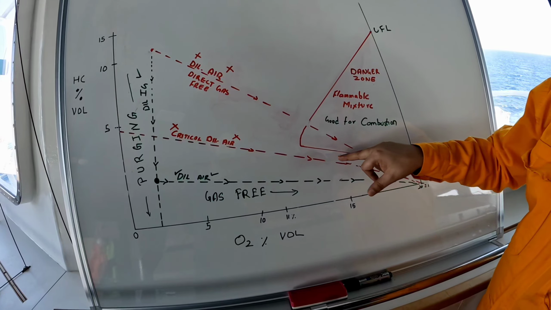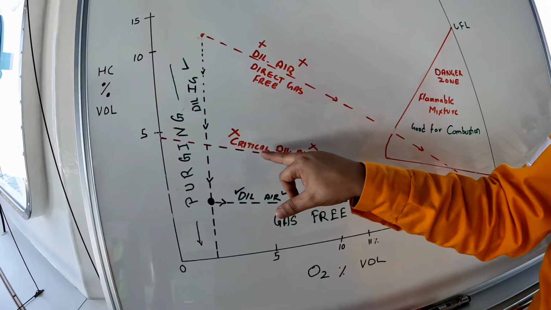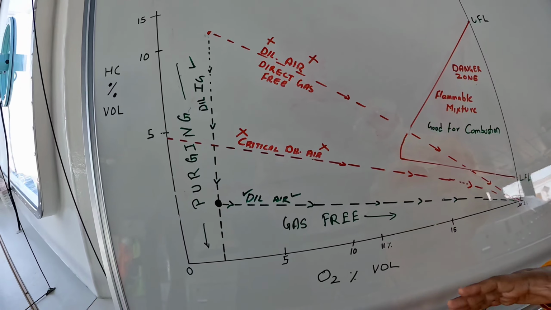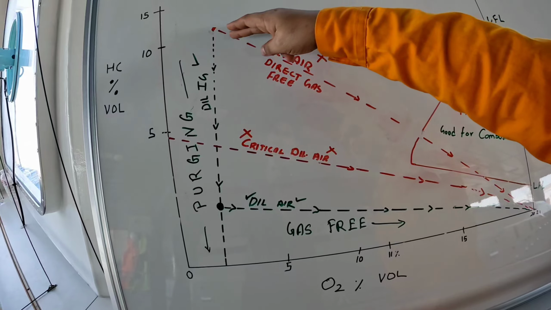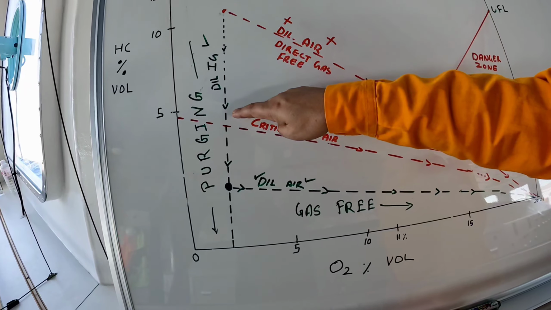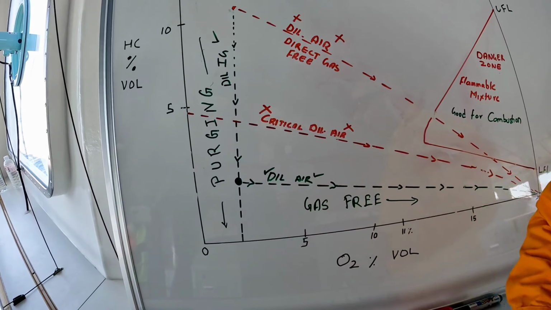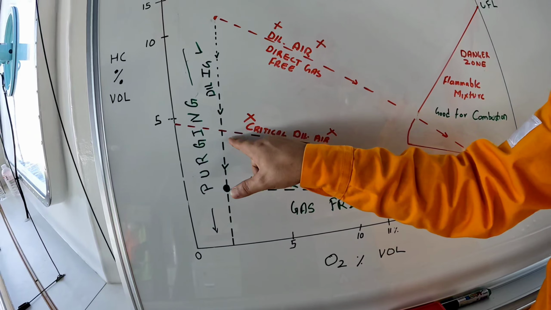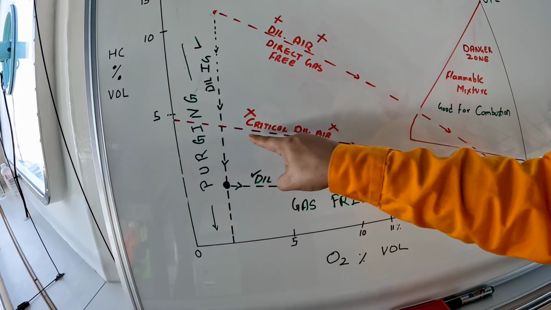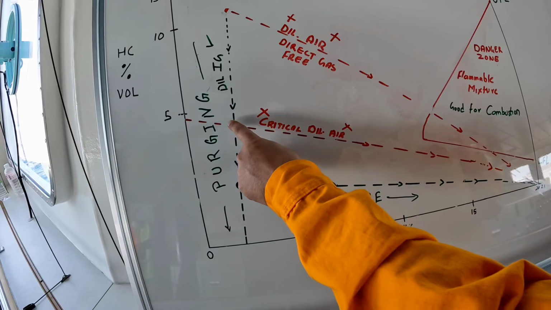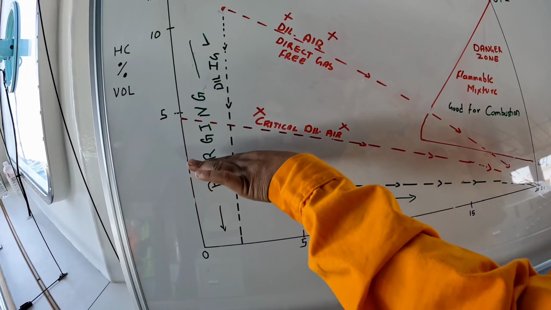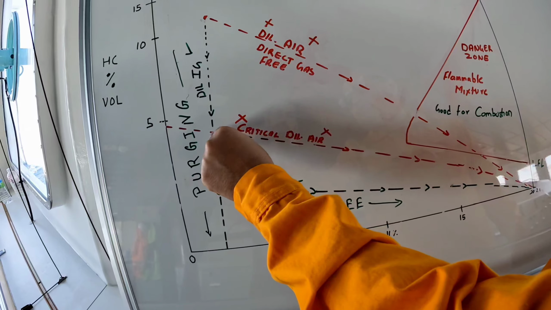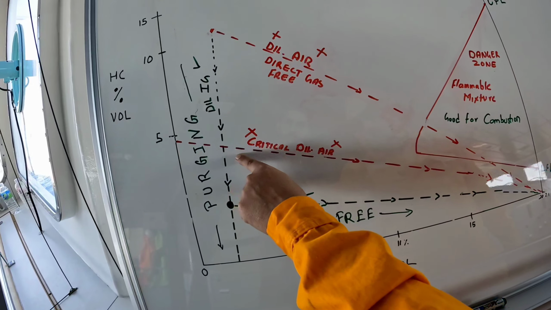Now we have one other line over here which says critical dilution air. In this, we are again taking a calculated risk. We are diluting with IG, but we are not waiting for the tank to come down to about 2%. We are coming to less than 5%, 3%, 4%, and then you are taking some risk. We start diluting it with the air. So at this point, when your hydrocarbons come to less than 5%, about 4%, 3%, you decide to put air in the tank.